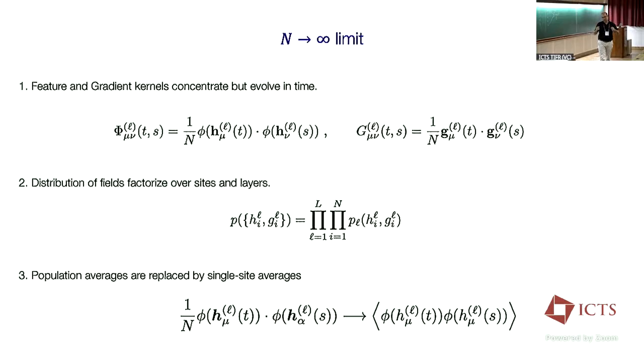Remember, I talked in the spin glass example, I was treating every spin as an independent sample from this stochastic process. Here, the analog things that factorize over sites and layers are these H variables. So each of these becomes an IID draw from the same stochastic process, as well as the gradient signals each of these sees. So this is a bit different than the two-layer description that Andrea described yesterday.